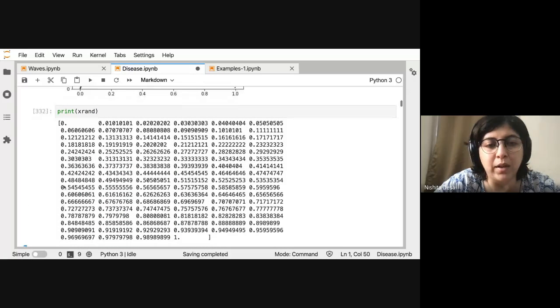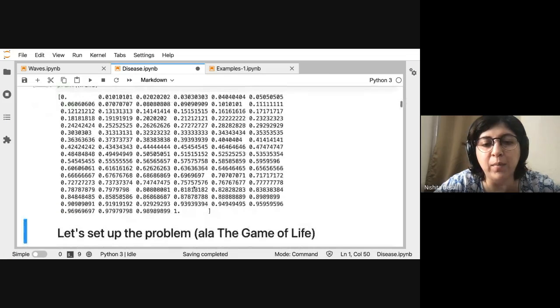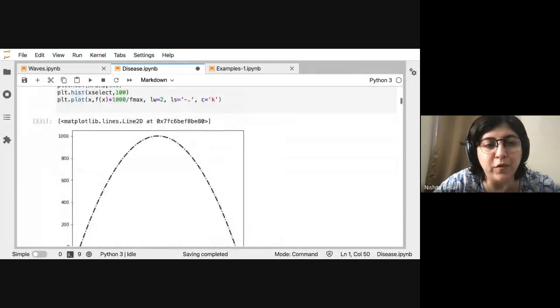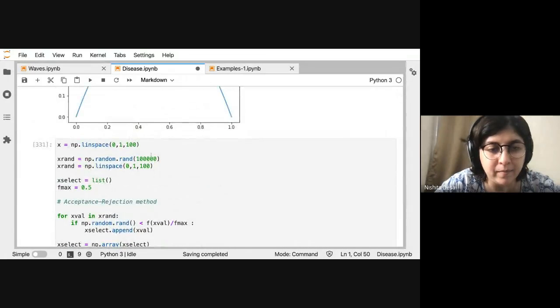You can see what it looks like. It looks like just a real number line. It's 0.01, 0.02, 0.03, all the way up to 1. So it's just a linear, ordered list of numbers, whereas if you had the previous case,